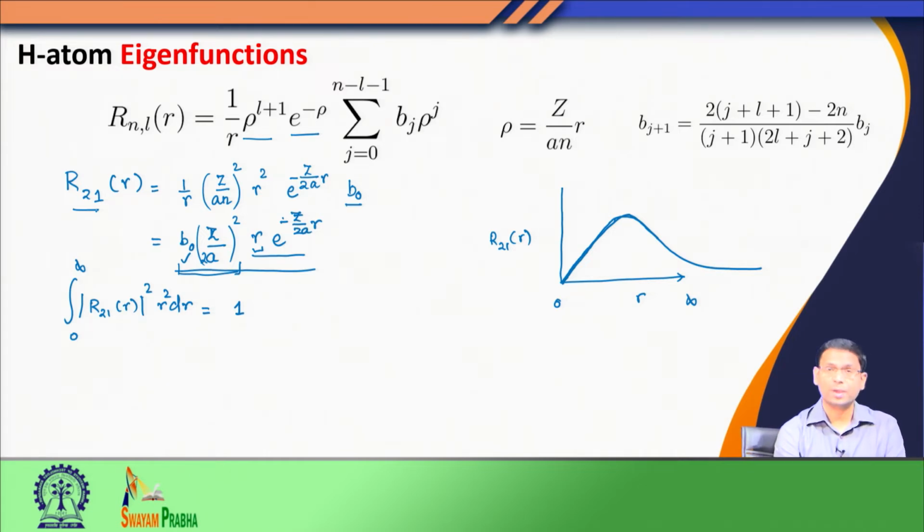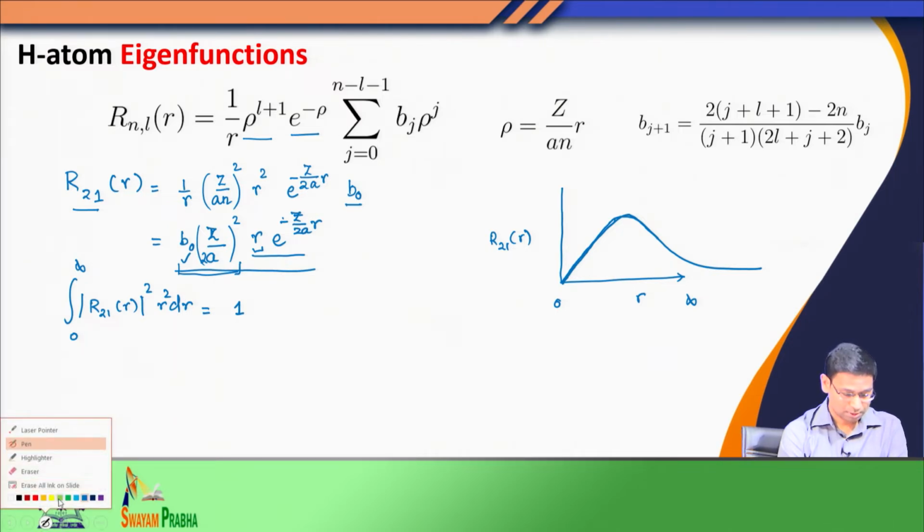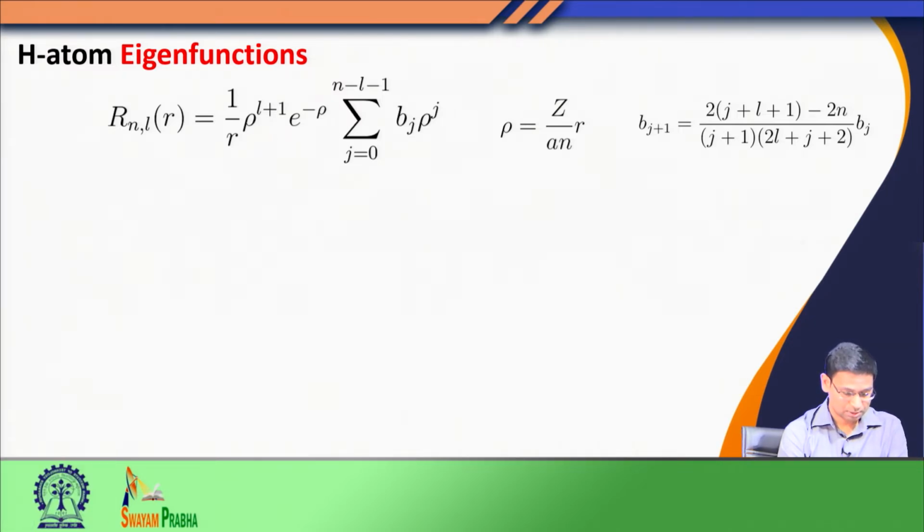So, in this way, using this general expression, we can write down the radial part of the hydrogen atom's eigenfunction for any value of n, for any value of L. We would now look at some general features of this wave function that is given by this radial wave function that is given by